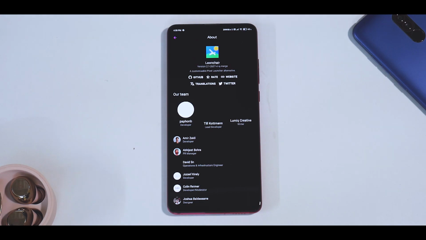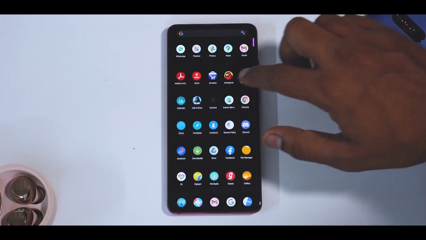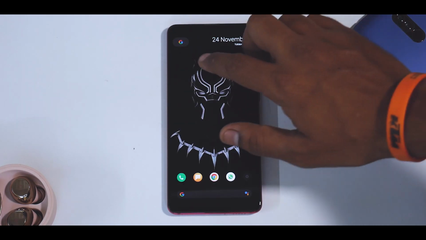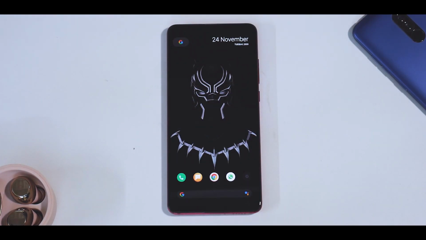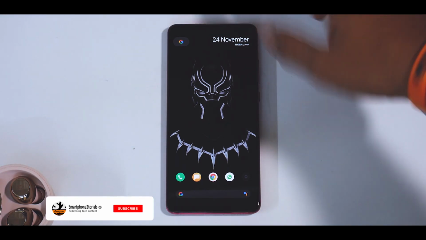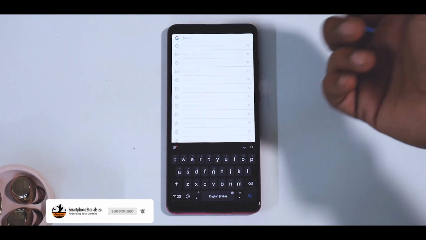You can go ahead and download it, and there are a few settings that I have changed. For example, swipe up and swipe down animation, what is to be done, and all those things. To the left you have to have the Google integration. So that is how I like it. I don't like a lot of widgets. For example, I like this weather and calendar widget wherein you can have access to the calendar or the Google